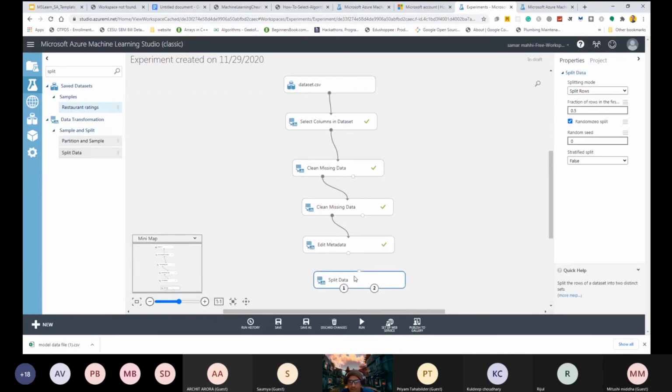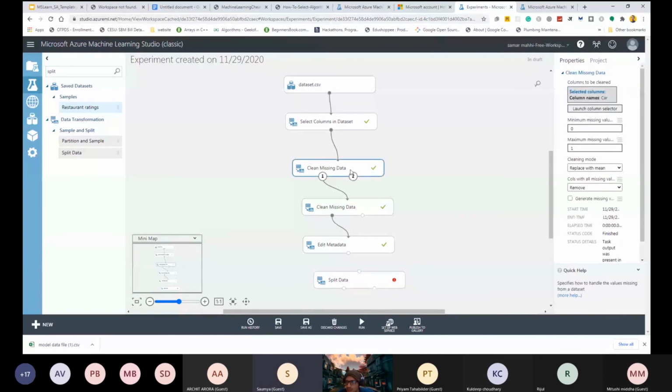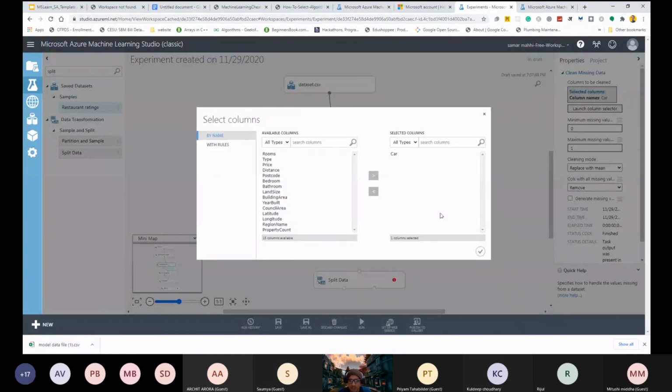Excuse me, sir. Yeah, sure. There has been a problem that in clean missing data, the tick mark is not coming. It is showing a cross. Have you done the following steps? Which clean data, first one or second? I'm on the first one, sir. Have you selected the car part? Just click the launch column selector. Let me share my answer. Are you able to see the particular thing, or I have just selected the car part?